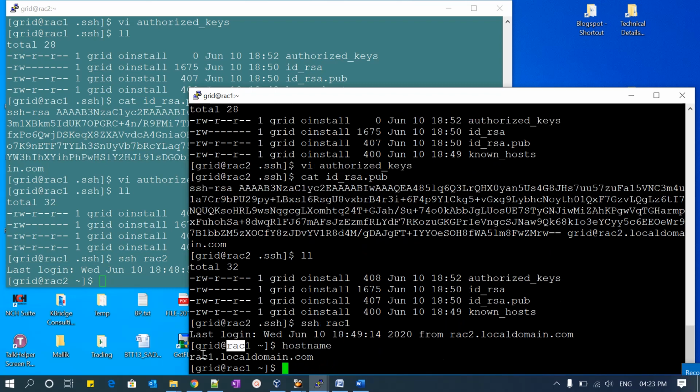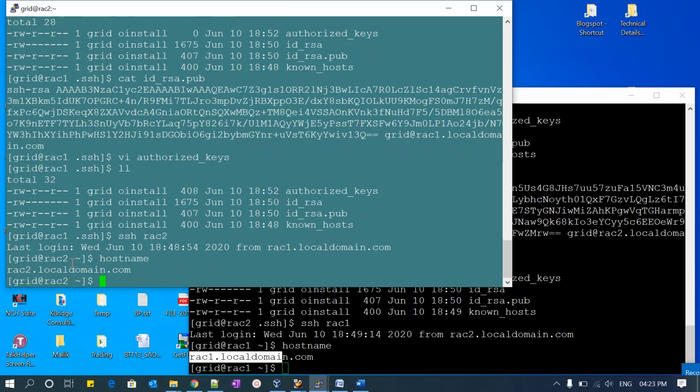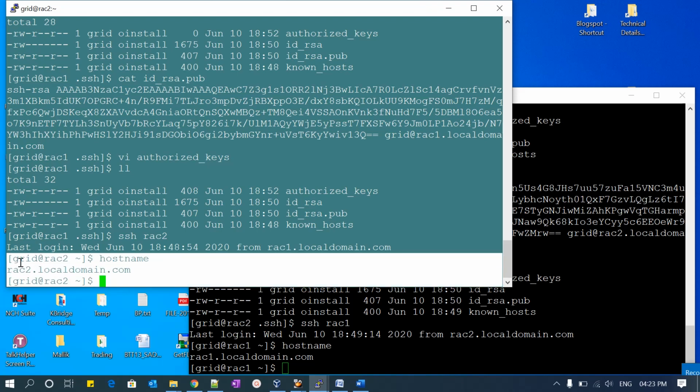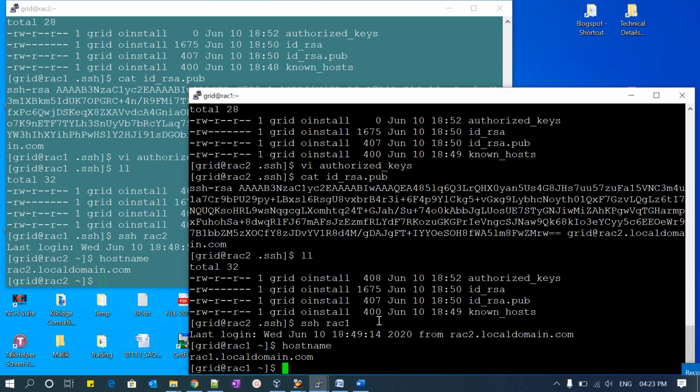If you see the host name here, it's rack 1. Earlier, when you tried to connect, it used to ask for the password. Now it is not asking for the password. This is called passwordless authentication. This is one of the prerequisites you need to do before you proceed with the grid infrastructure installation or RAC Oracle home installation.